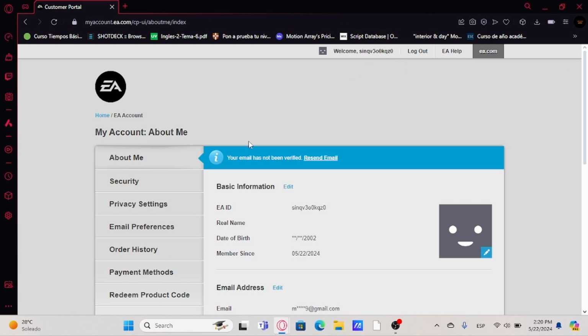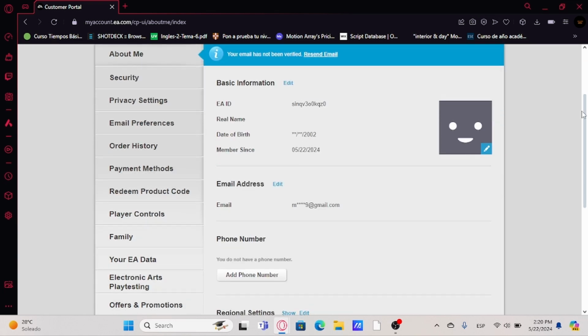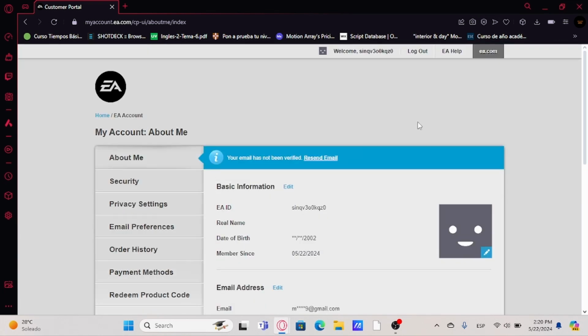The only thing you need to do is pick account settings and in basic information pick edit, and you can change your email address. So this is the